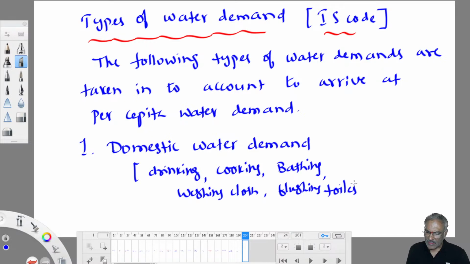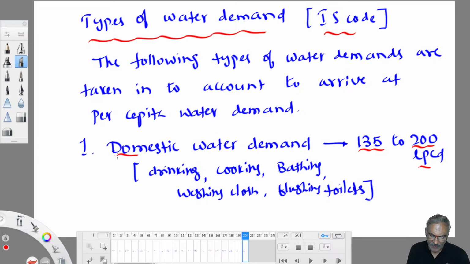So as per IS code, we need not go into details about this. Just that figure you have to remember. Minimum 135 LPCD we need to provide, and it may go as high as 200 LPCD. It may vary anywhere between 135 LPCD to 200 LPCD. Domestic water demand is required for drinking, cooking, bathing, washing clothes, cleaning utensils, flushing toilets, gardening purposes,